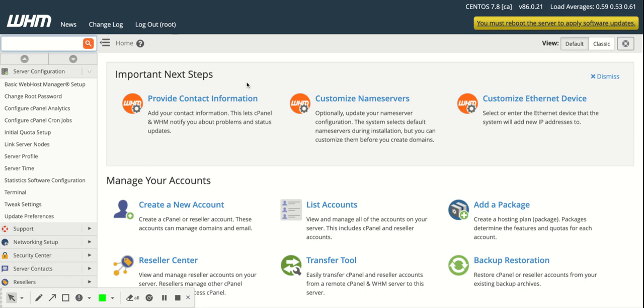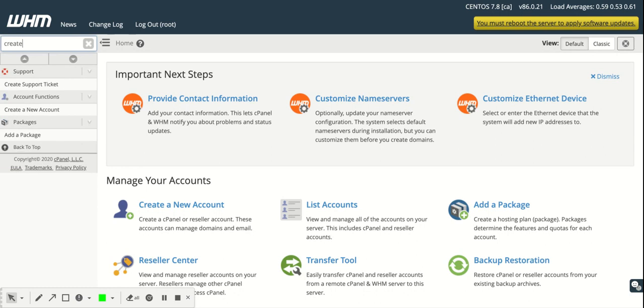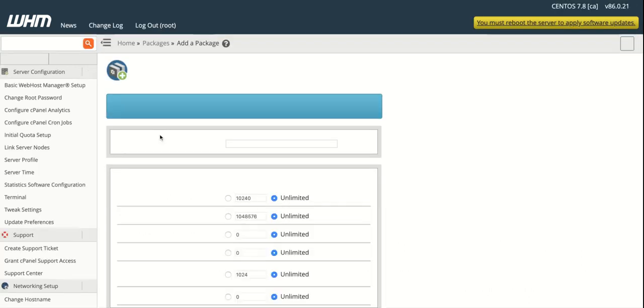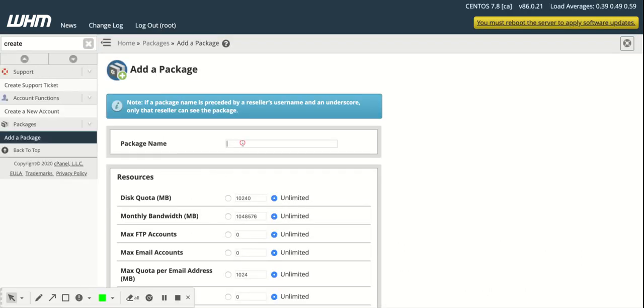All right, so the first thing we want to do is create a package. So let's say we create a package right now. We just go to the left-hand corner where the search bar is located. You can type in create. Okay, so there's Add a Package right here. On that page, you can just type in, let's say, reseller. I'll put reseller test